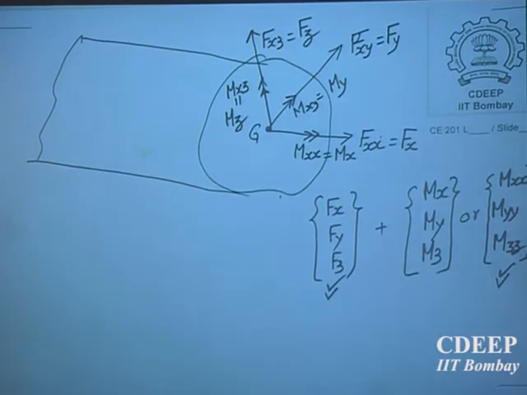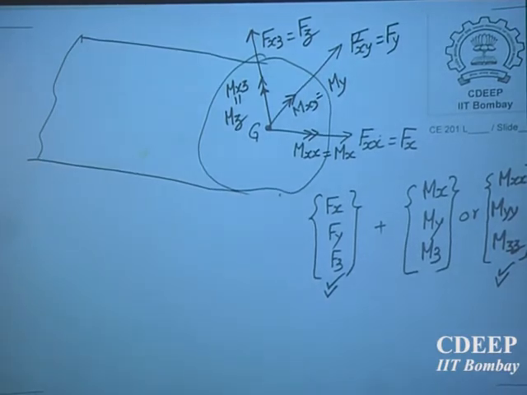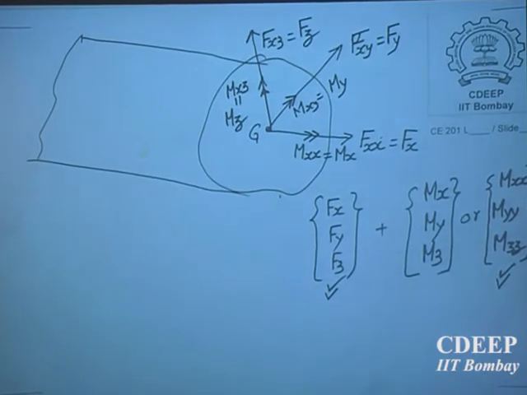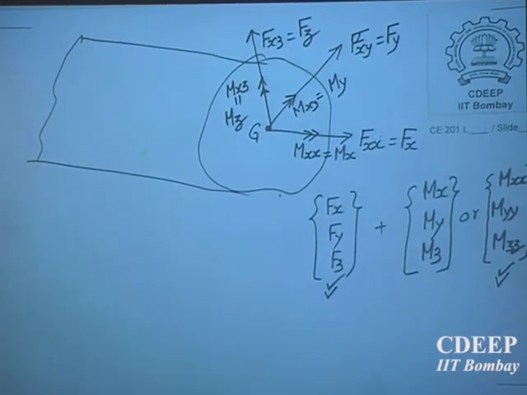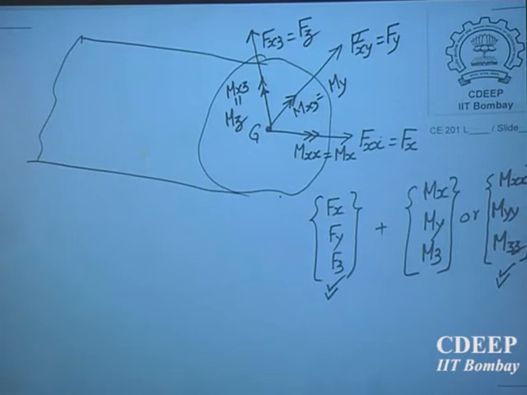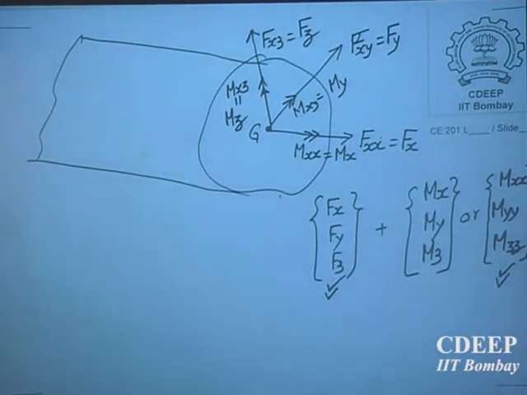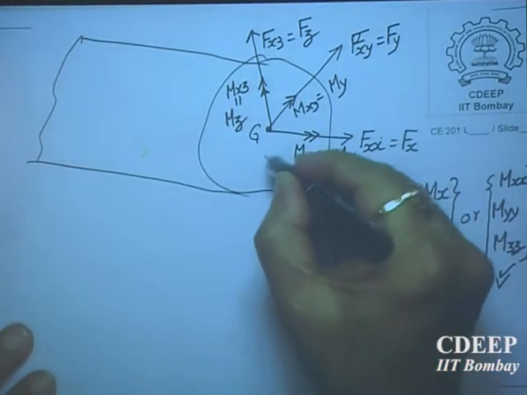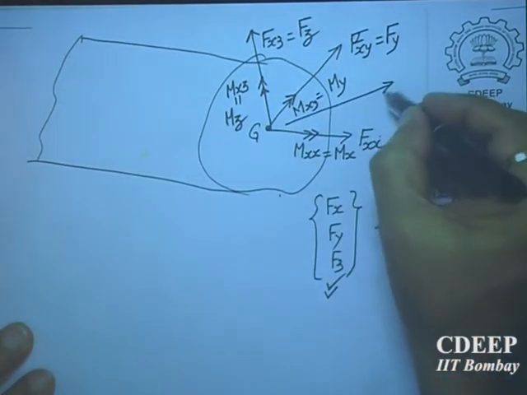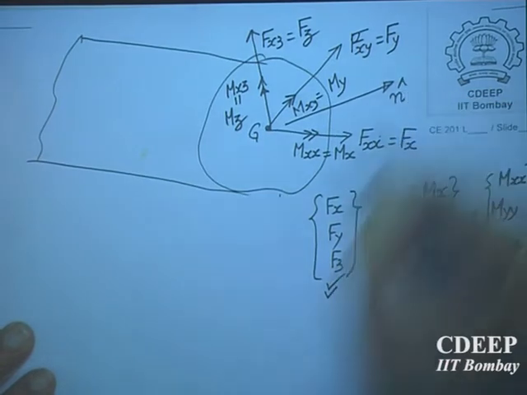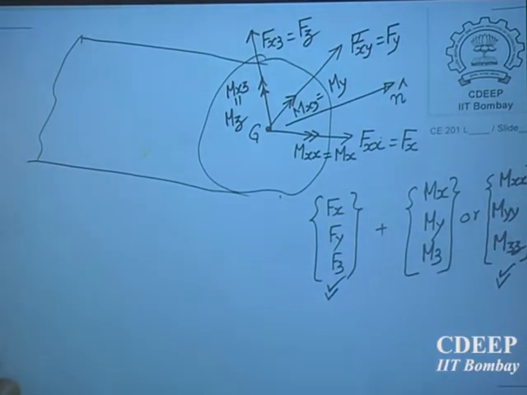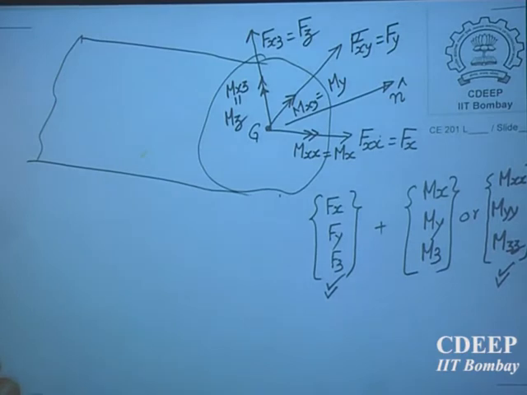Okay, so these are the various ways of, yes. So this is not telling us anything about what is normal to the plane. This one, I have a plane, I have a body, I have cut the plane by a general plane. That plane may be, supposing the plane may be having an outward normal n here. That may not coincide with x. That also is a possibility.